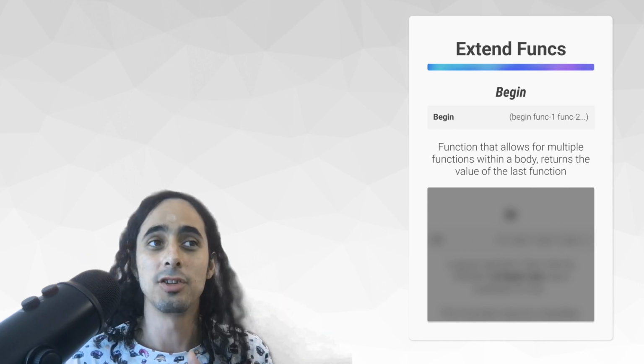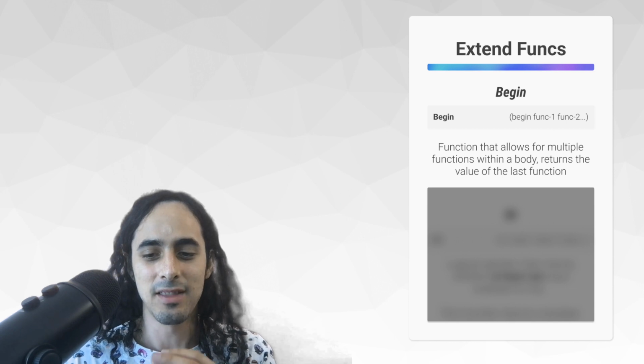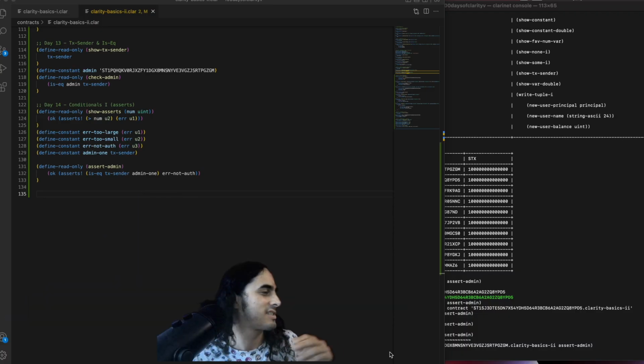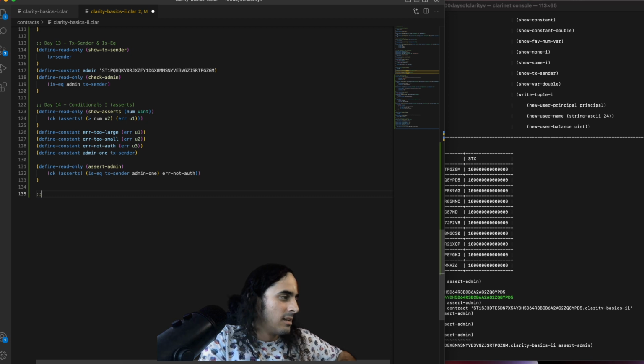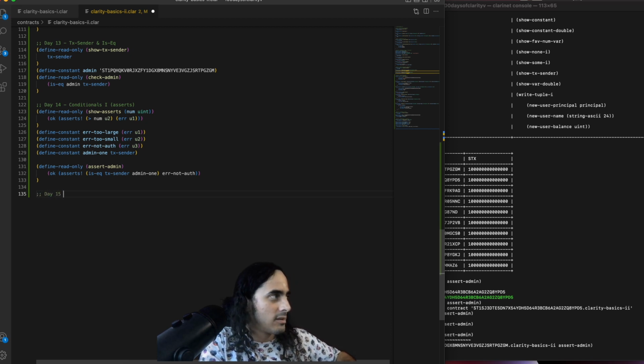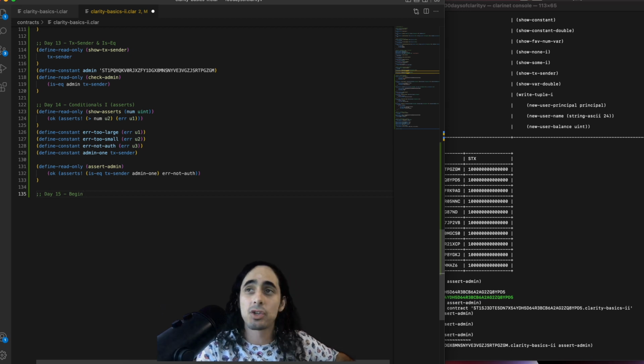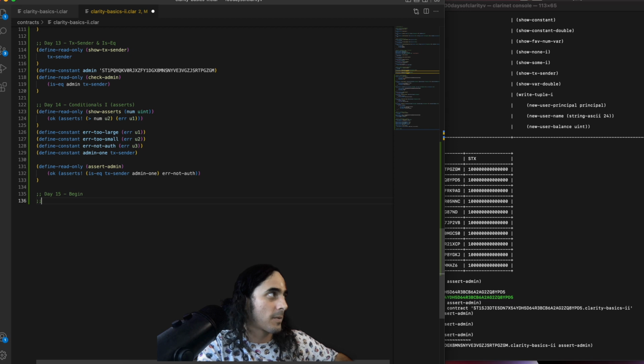So with that being said, open up our terminal. Today we are doing day 15, the day before our first smart contract. So day 15 in the comments section, and today let's call this begin. And we're actually going to write two larger functions that tie in a couple of the things that we've been dealing with before. So comment here, first we're going to write a function that sets and says hello